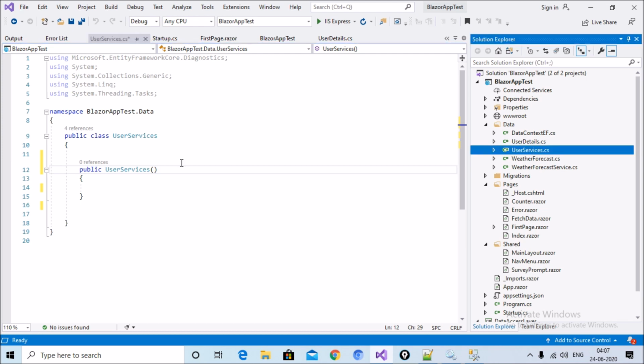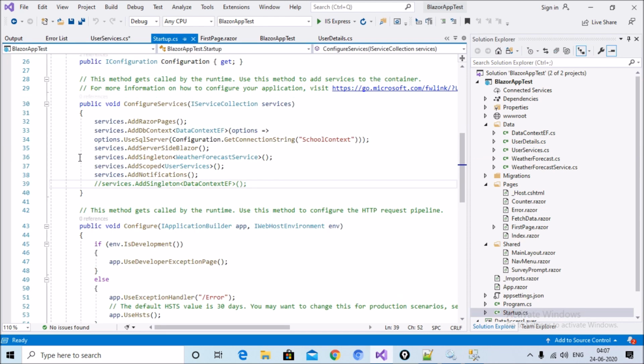I simply created a class and renamed it as user service, and after creating the service, in the startup.cs class I inject the service with services.AddScoped user service. Two steps have been completed till now: creating a service and injecting it in startup.cs.